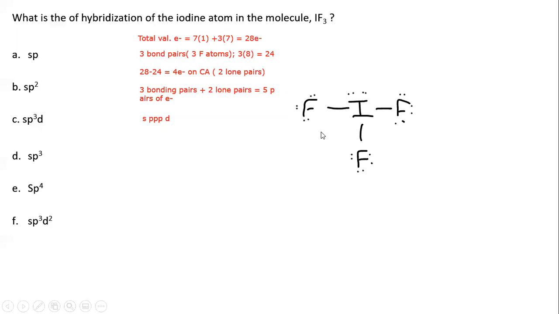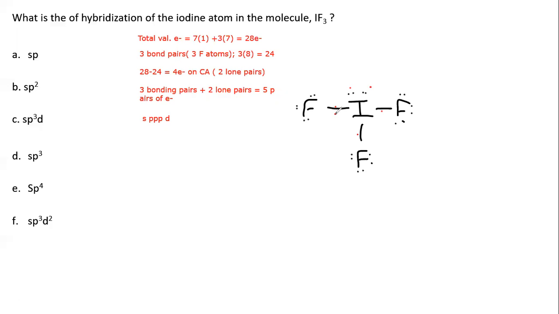You see here, this is the Lewis structure of IF3. We have 3 bonding pairs of electrons, 2 lone pairs. Now, a neat little way to determine the hybridization. This has nothing to do with the bonds, but just a little shortcut that